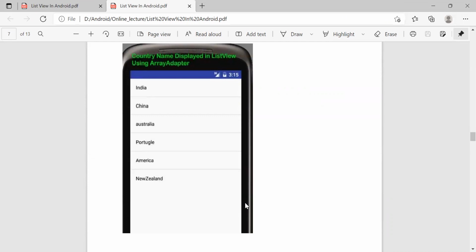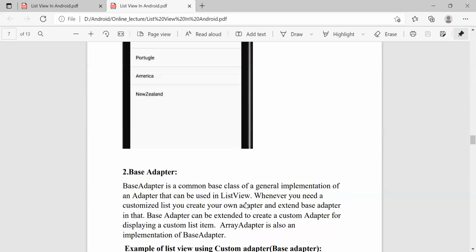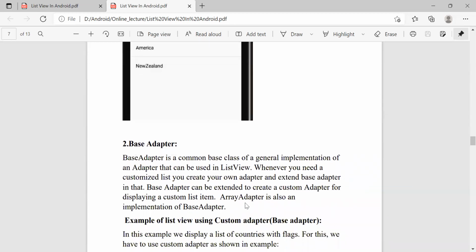To understand the difference between the different adapters, we are going to see this example. So base adapter, the second type. Base adapter is a common base class of a general implementation of an adapter that can be used in a list view. Whenever you need a customized list, you create your own adapter and extend the base adapter.